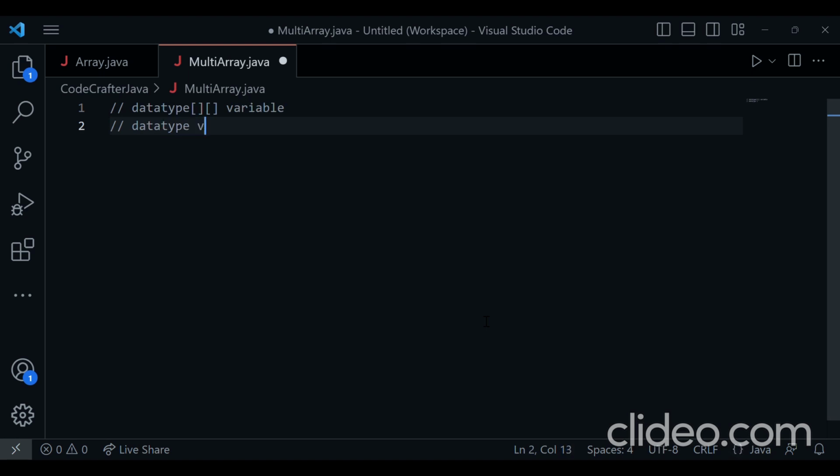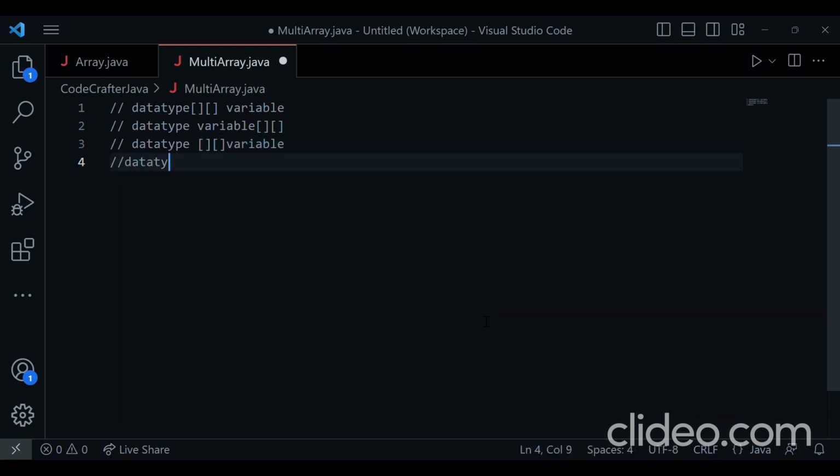Then you can use the variable and after that 2 brackets, or data type, 2 brackets, then variable, or the fourth way is data type, space, a bracket, variable, and then a bracket. So these are the 4 ways you can use to declare a 2D array